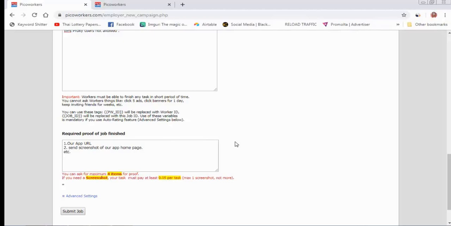Organic traffic, organic clicks, organic page views and organic impressions are very important to earn from an AdMob account. If you don't have any organic traffic or any organic thing, and if you try to buy everything paid from Pico or Rapid Worker, then your clicks may be accepted, but you will get an ad limit problem in your AdMob account.